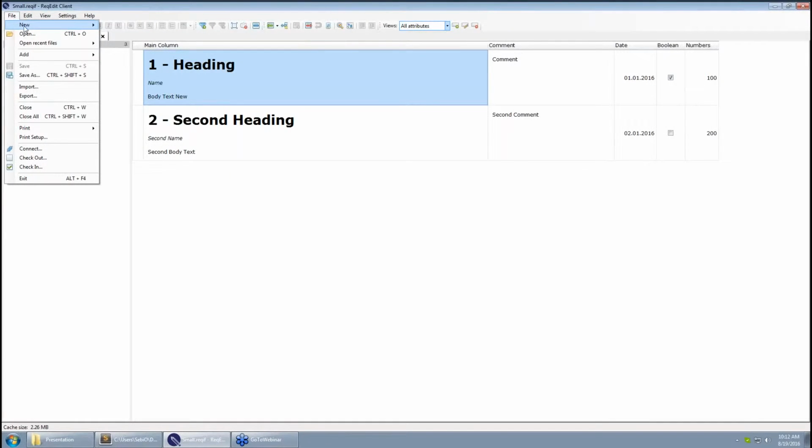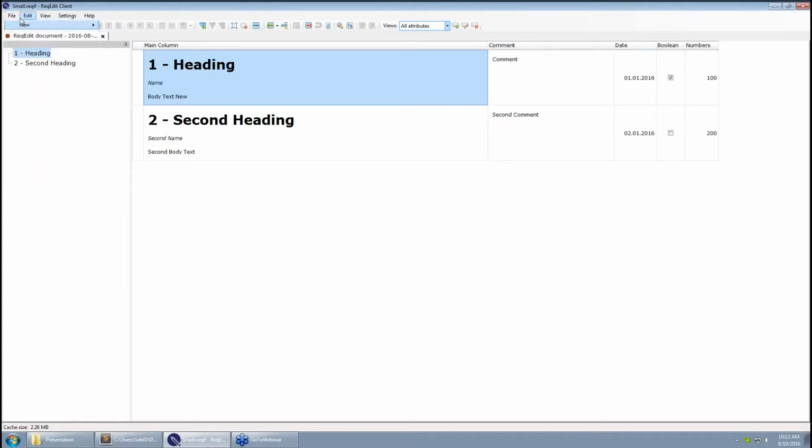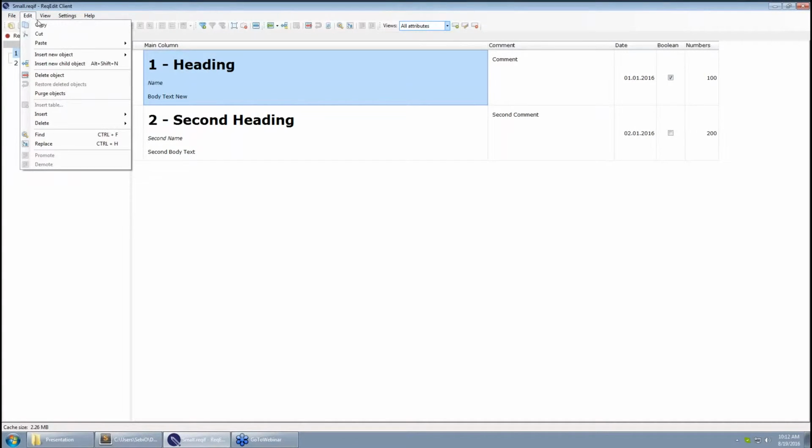So under File menu, for example, you can create things, open things, save, print, and everything that you would expect under File. Under Edit, you can find things, edit the content of a document, things like copy, cut, paste, delete,